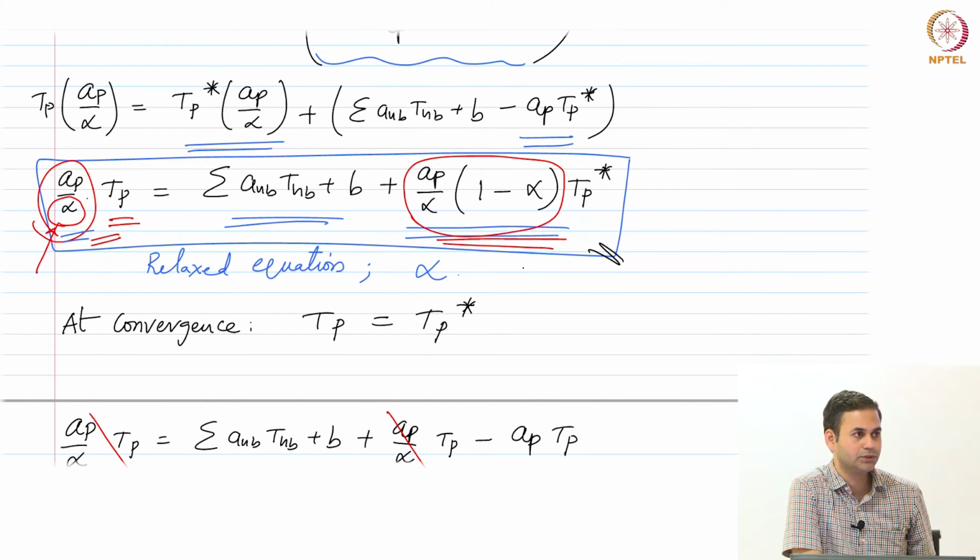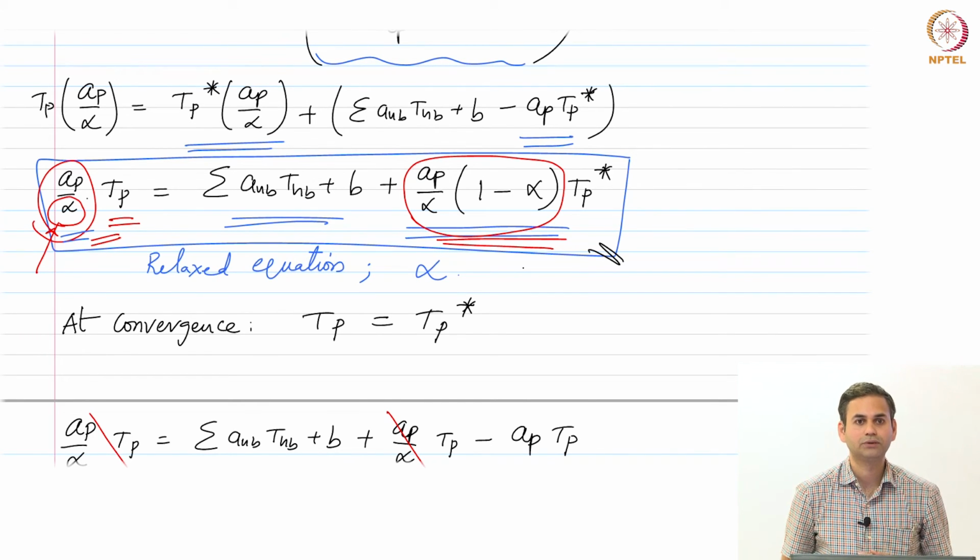Yes, that is possible. So essentially, can I increase the diagonal dominance by using under relaxation? Yes, you can. What is the advantage of under relaxation? It will help you satisfy diagonal dominance, and strongly nonlinear problems can be solved. Because you are changing the path to solution, your algorithm will not diverge. Your diagonal dominance will be preserved at every stage. You will see that actually. Maybe in the assignment, if we have one problem, you can see if you set alpha equals 1, it starts diverging after certain values because the diagonal dominance will not be preserved. Otherwise, you will have the diagonal dominance maintained throughout the solution.